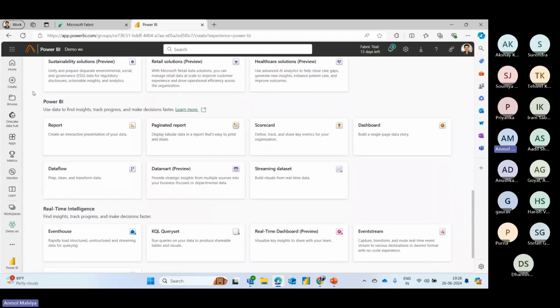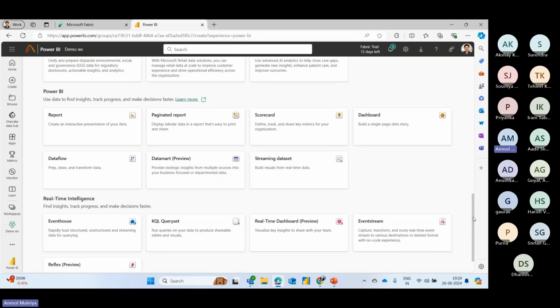Then we can talk about Power BI. We have the options for reports, paginated reports, scorecard, dashboards. Here you don't see anything new. Reports and dashboards are already there in Power BI. But there are some things introduced within reports and dashboards, like Git integration, calculation groups, and semantic models. These are features which are part of Microsoft Fabric, which are really helpful for collaborating with your teammates or with clients to get their feedback, and for providing different workspaces like deployment, test, and production. So these are helpful in that.